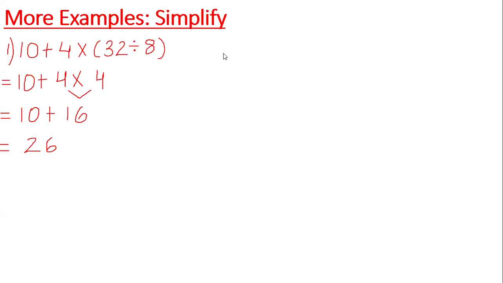Okay, let's do another example. For this one, I want you to try this on your own. Don't ask anybody else. Do it by yourself in your book, and then put your answers in the chat. So let's say we have 13 plus 4 multiplied by 28